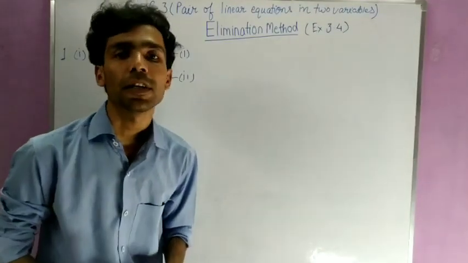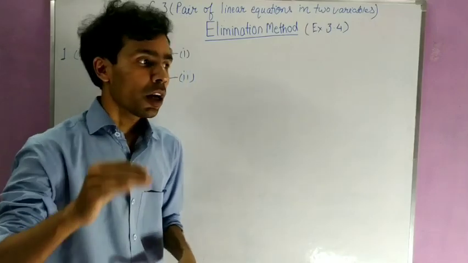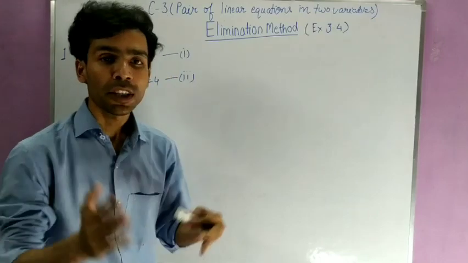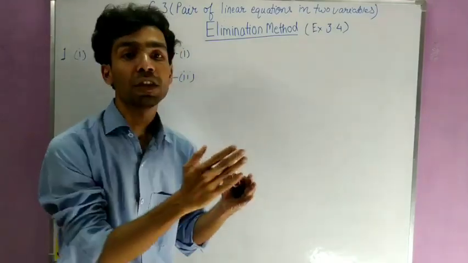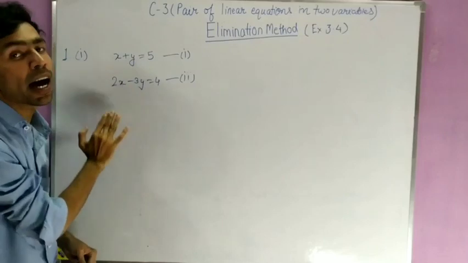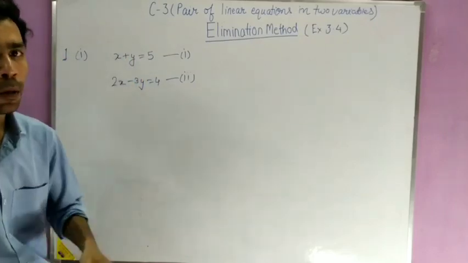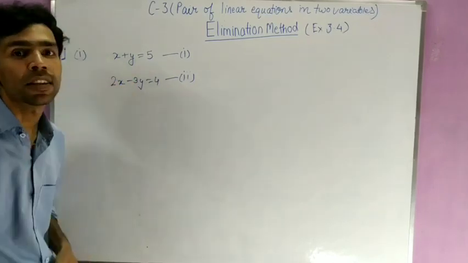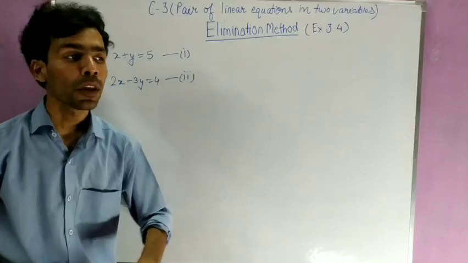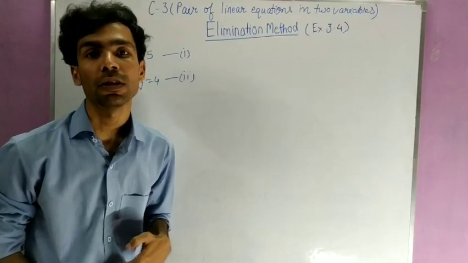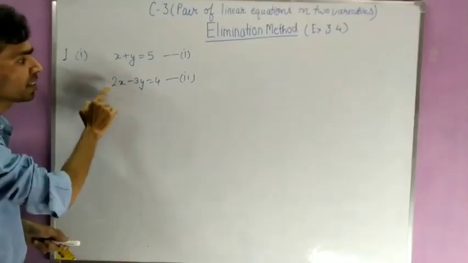So how will I eliminate? For elimination, if we have to remove x, the equations which contain x must have the same coefficient. Suppose in both equations I have to eliminate x, but the problem is that here only a single x is written and here 2x is written. So for elimination, we make the coefficient of x the same in both equations. Here it is 1, here it is 2.